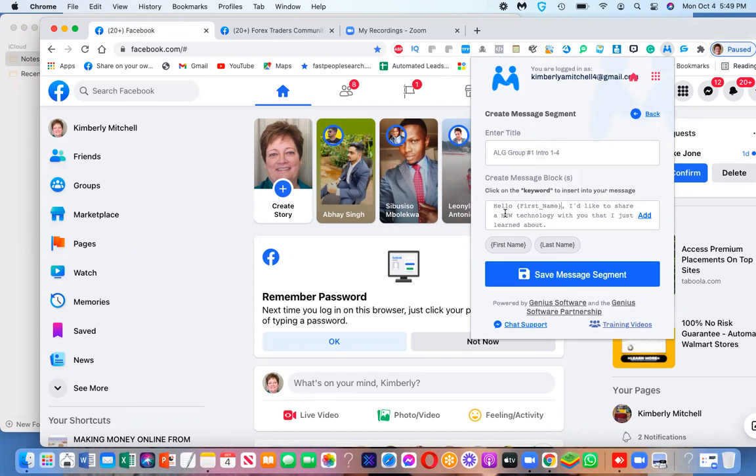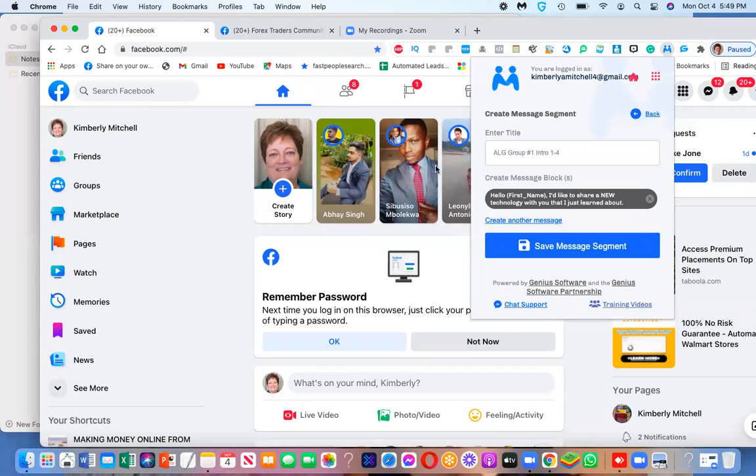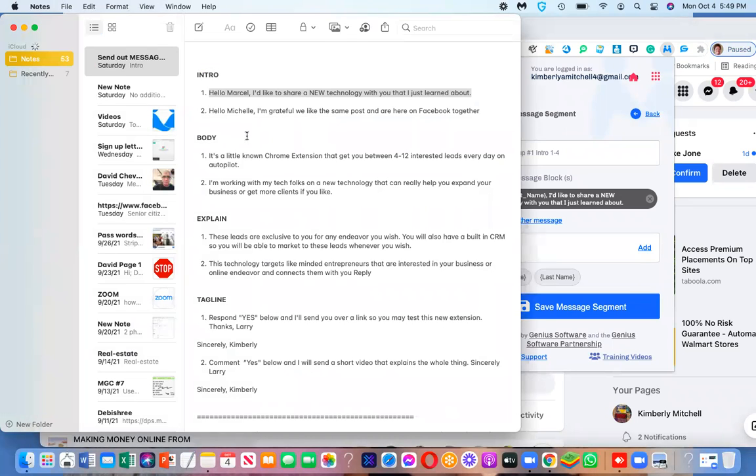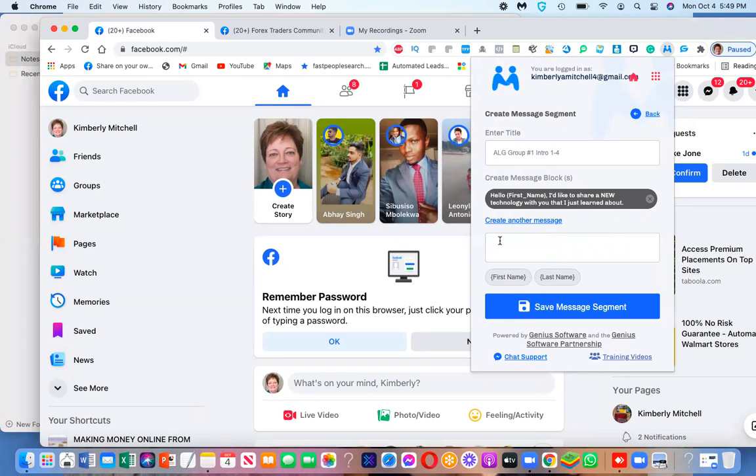And so it's going to say hello and then first name and then the rest of the body of the message. And once that's done, you want to click add. And then you want to go create another message and go back to the second message, intro,